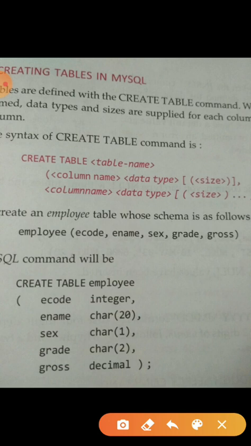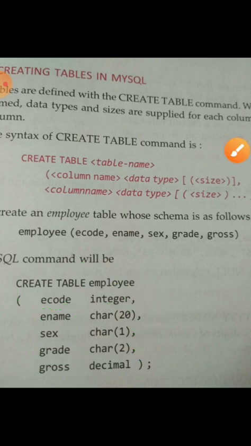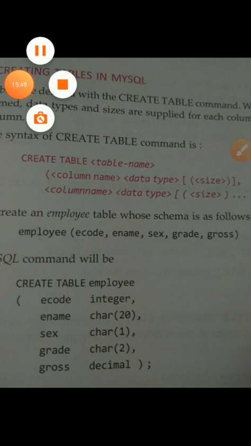So if we want to create a table, we must remember to use the keyword create and table, and after that give the table name, then an opening bracket, then column name and column data type. After that we must write a comma, and after inserting all the columns and all the data types, we close the bracket and write the semicolon, okay. So this is the basic way to create the table.